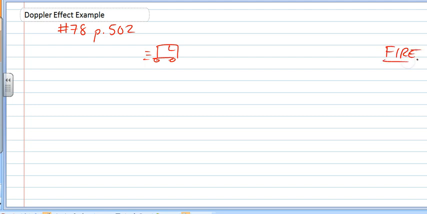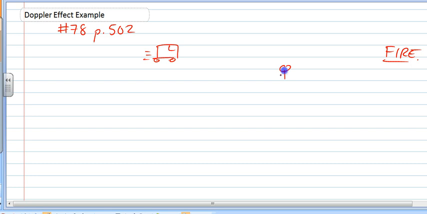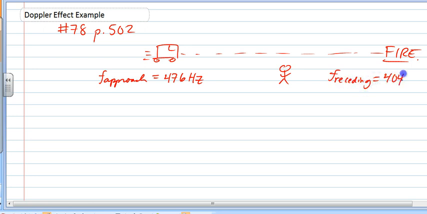There we go. Okay, so there's a person standing kind of off to the side of the road, and they hear the frequency of the siren change as the truck whizzes by. So the original frequency that they hear as it approaches is 476 hertz, and the frequency that they hear when the fire truck is receding is 404 hertz. So this person is actually the observer standing still, and what we want to know is V